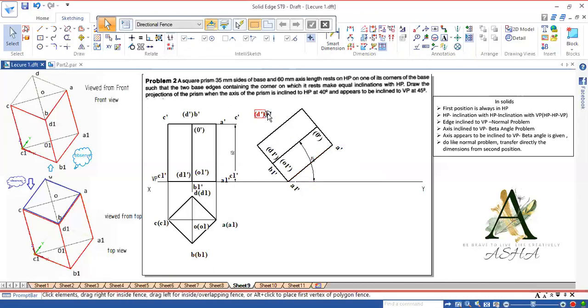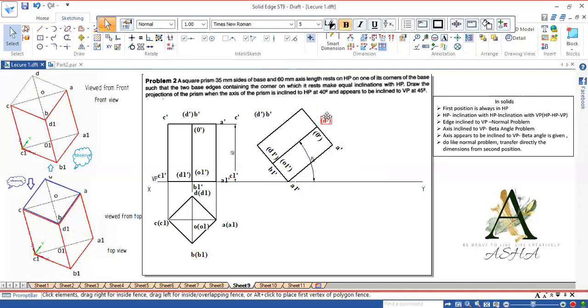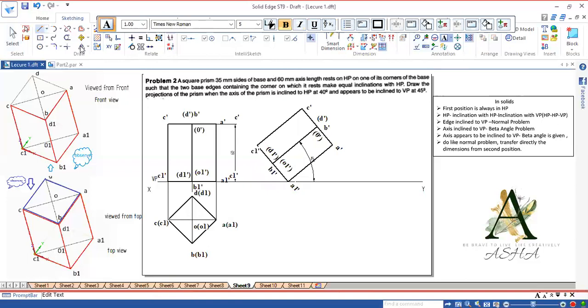Okay, so this is D dash, this is B dash, so this is C1 dash, and this is C dash. Okay, now use the projection line.